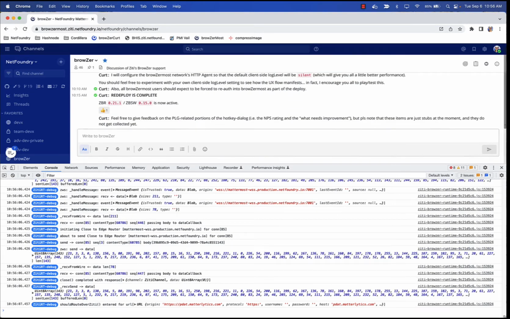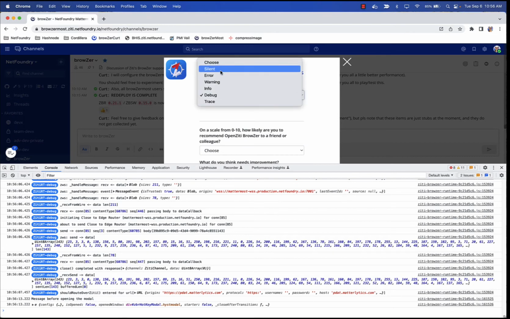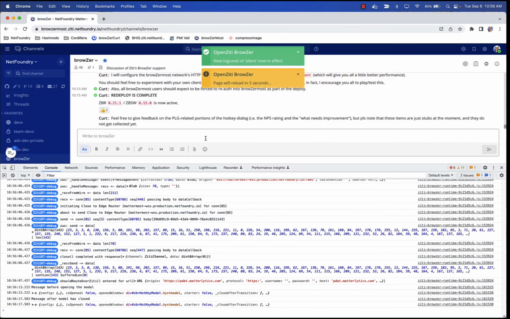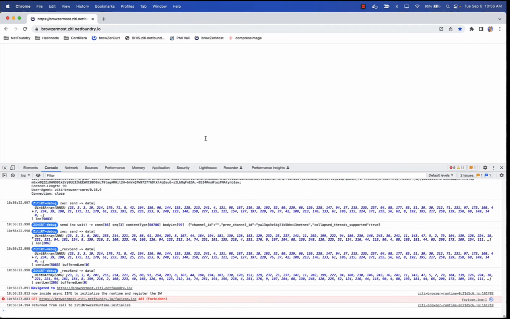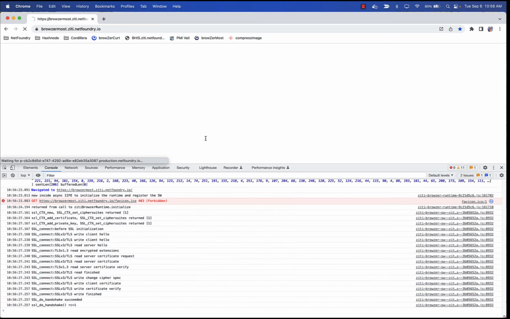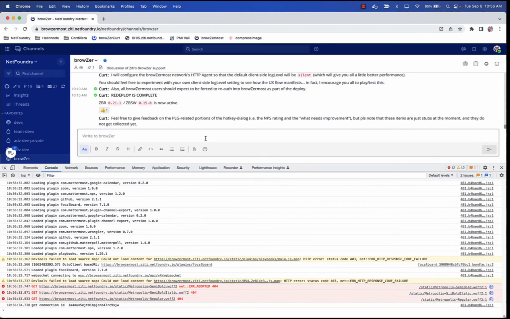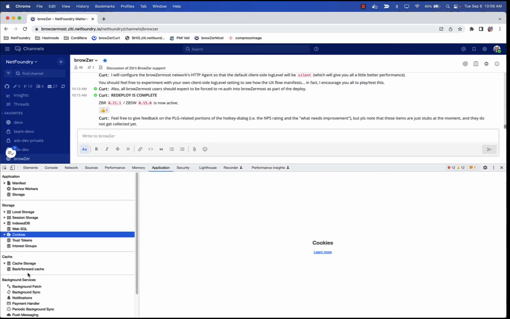And finally, just to go full circle, let's go back to silent mode so that we're running with as little logging overhead as possible. And there we have it. Ultimately, some of these other messages that I haven't pulled out from this particular build will go away as well. And the logging overhead will be so minimal that you'll be running at as high a performance level as possible. The other thing I want to show you in this video is down here